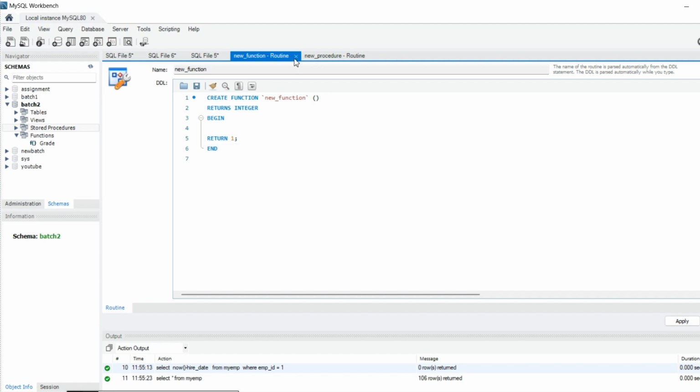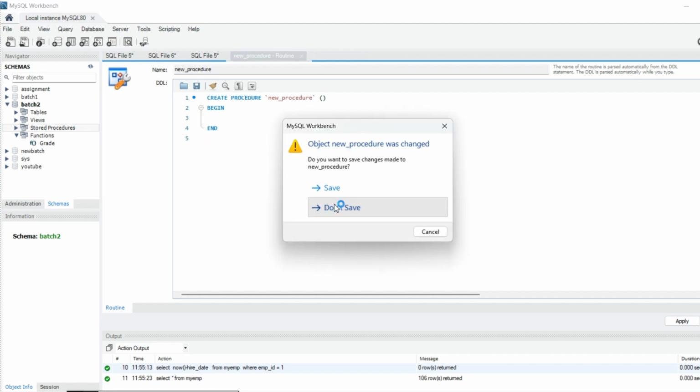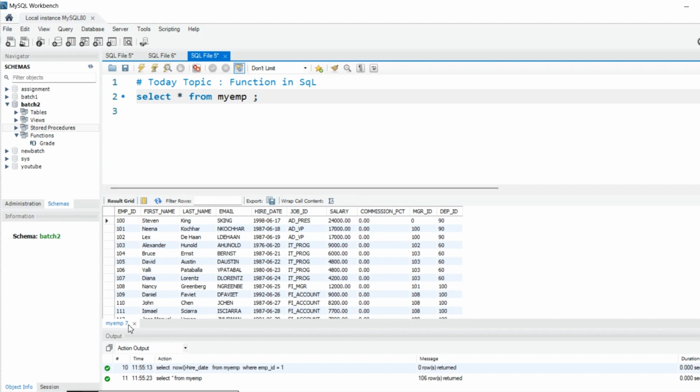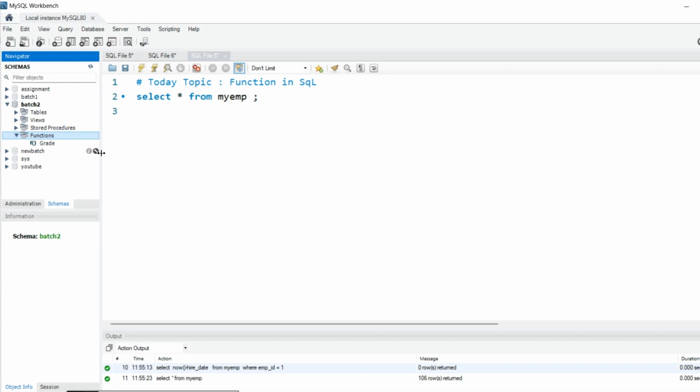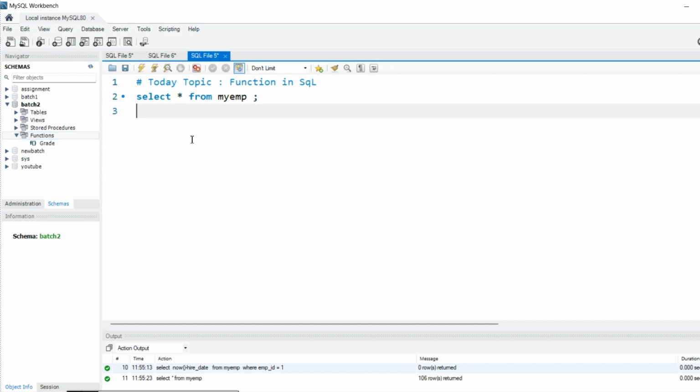But another way to create a function in SQL, you can use a delimiter also. I personally don't prefer to create a function from here, because later on if I want to find something, I have to scroll here, I have to expand this, but while using a delimiter, I can see the query directly over here. All right, so it's all up to you, whatever you like, you can use it.